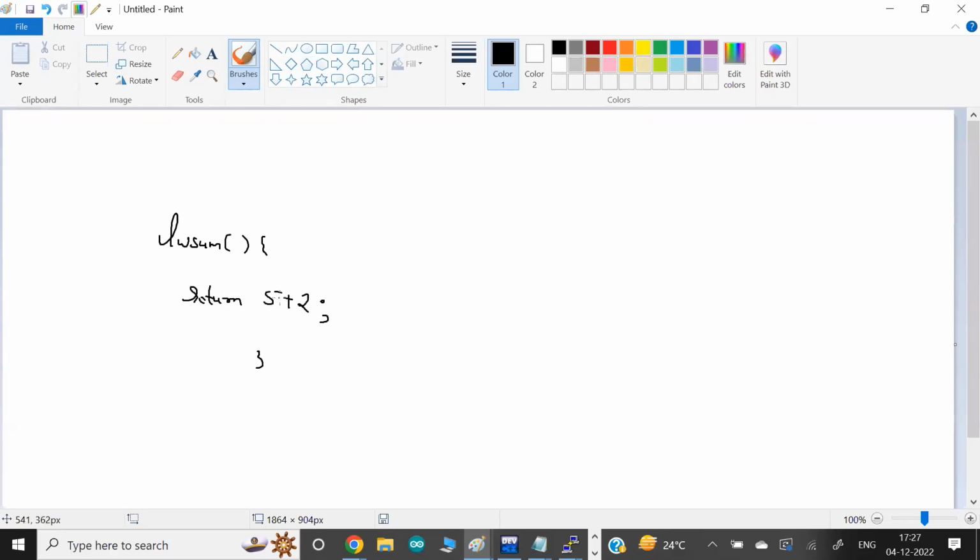Okay, so technically it means we have this function. They will do something for you, and who will call this function? Okay, who will call this function? They give the output. Which output do they give? Whatever they return. What do they return? 5 plus 2. And the point here is how to run this function. Now there are two ways to run this function.